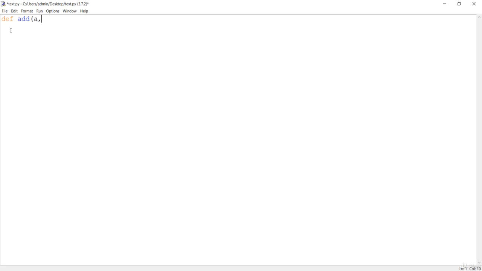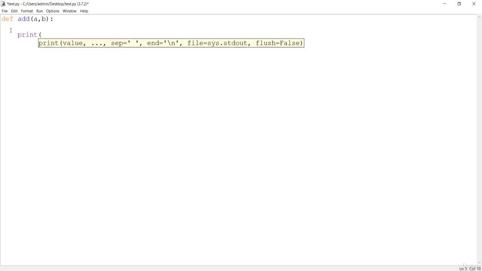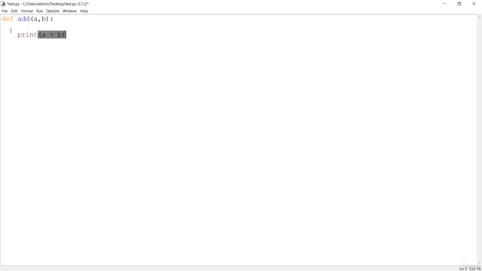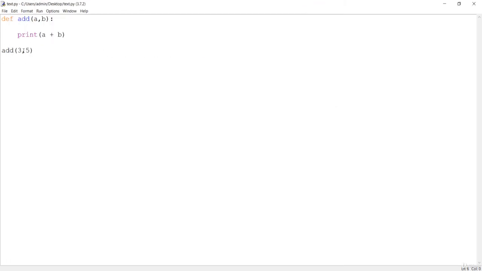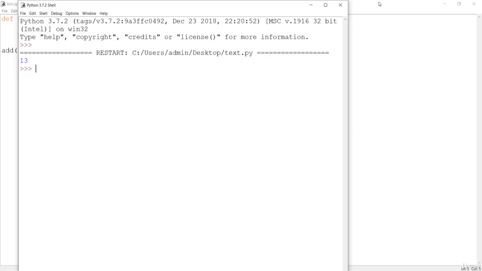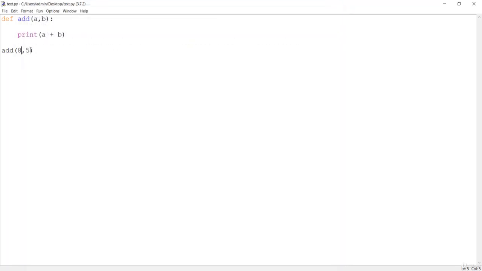So till now, what we have learned is to add numbers in the form of parameters. If I say print a addition of b, this is completely valid. I'll just call 5, 6 or 3, 5. If I press F5, this is going to give us a number. If I say 8, 9 or 8, 5, this is also going to give us a number. What if I want to add 6, 7, 8, 6, 7, again 6? I want to add these numbers.